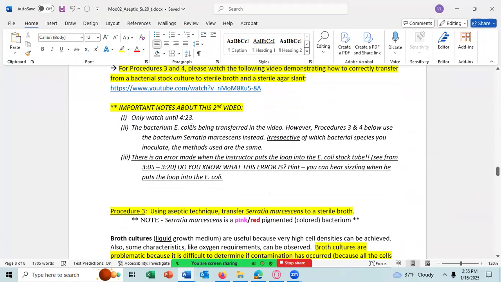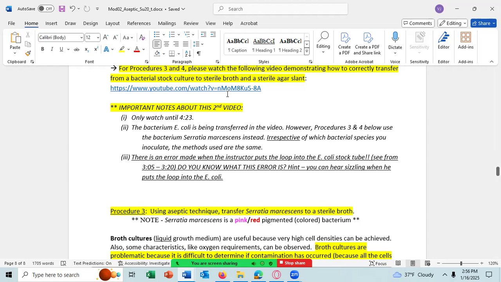The bacterium being used in the video is E. coli. The bacteria that we're going to use is not E. coli. It will be Serratia marcescens. And so the color of the bacteria in the video will be different than the color of the bacteria you will be inoculating your tube with. E. coli is white or off-white, and you're going to be inoculating with Serratia marcescens, which is reddish or pinkish